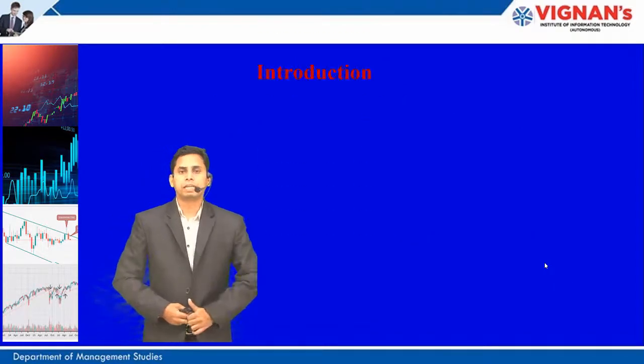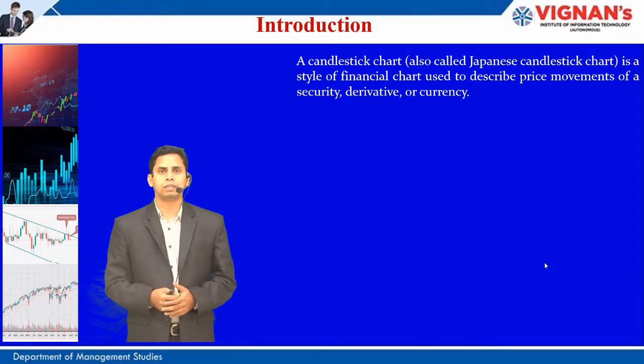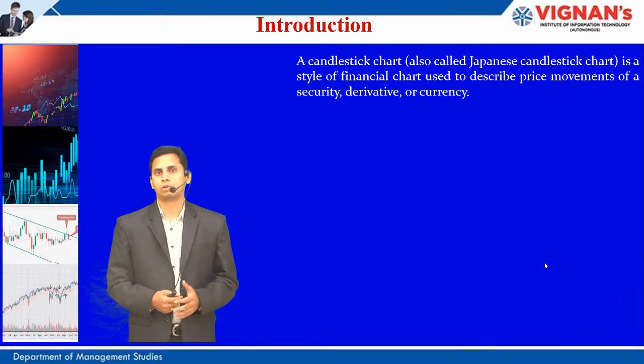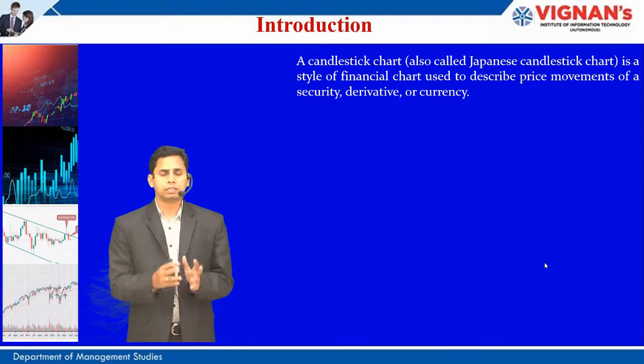Now let's see what a candlestick chart is. When you see the price chart on any real-time market, there are different charts in the trading software provided by the different stockbrokers. There are charts like the candlestick chart, bar chart, open, high, low, close chart, and the Heikin Ashi candlestick chart, as well as the point and figure chart. So there are different types of price charts available, and one of the most important price charts is the candlestick chart.